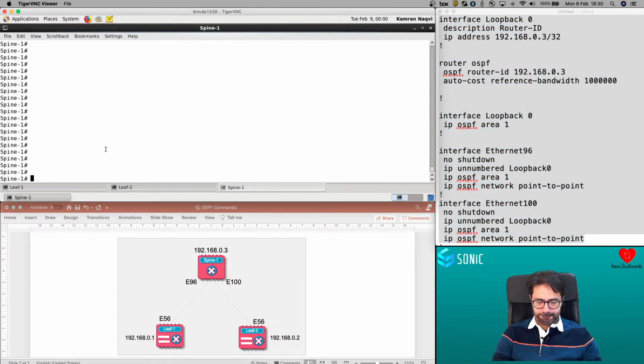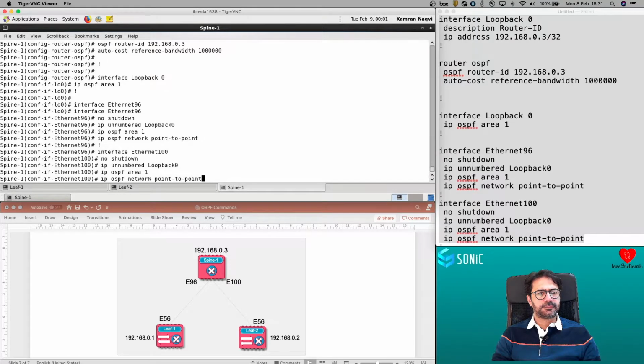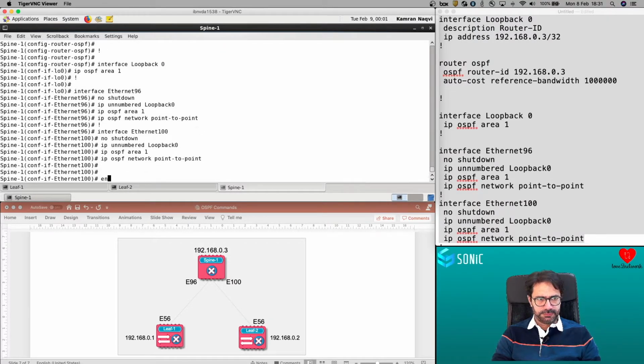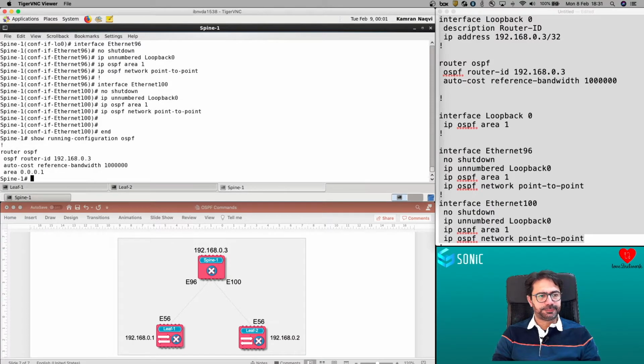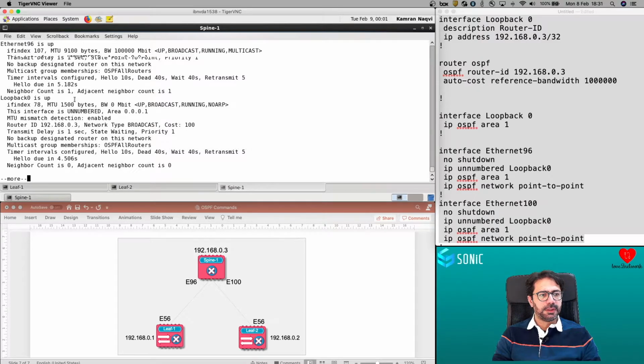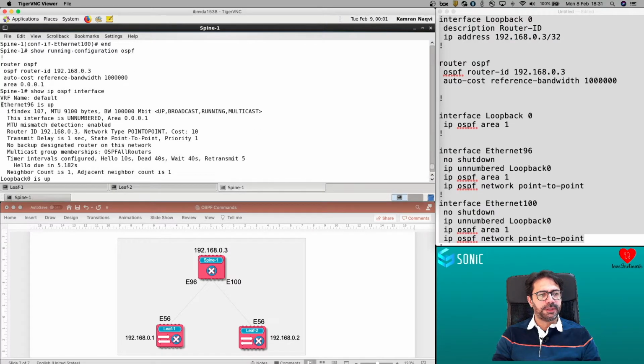Spine, configuration mode, and okay, looks like it worked. To run OSPF. The OSPF configuration looks okay. Show IP OSPF interface. Looks good. Now, one of the things that I want to point out here is that, for example, Ethernet 96,